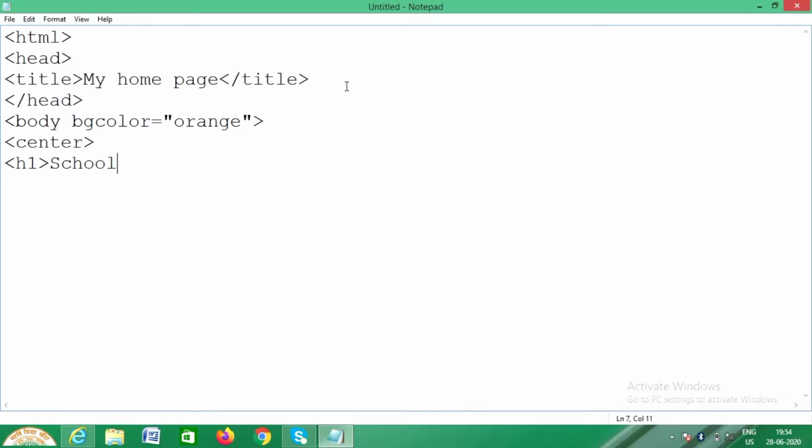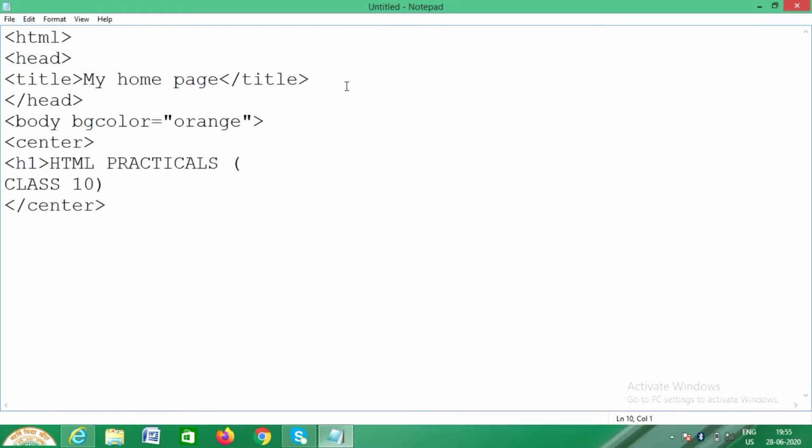Or I shall give here HTML practicals. Okay, class, in bracket I'll write class 10. Fine, done. Now I will close the center because I need it to be applied only with the heading.